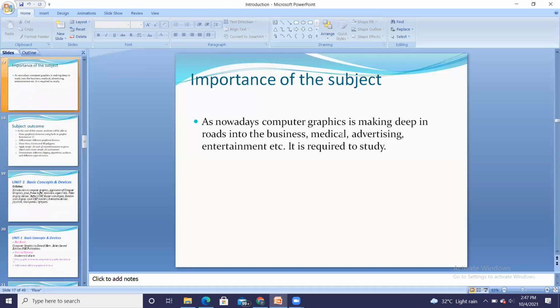Also in heart surgeries and so on, it is useful in medical applications. Similarly, graphics is useful in business, advertising, entertainment, and in almost every field we are using computer graphics.